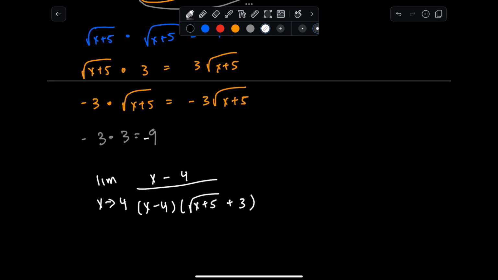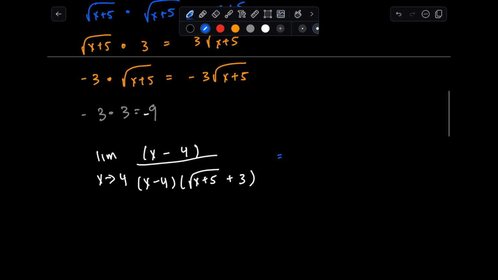All right. Now notice that in this new fraction, you have an x minus 4 element in the numerator and an x minus 4 element in the denominator. And so through algebra, you can just go ahead and cancel those out,